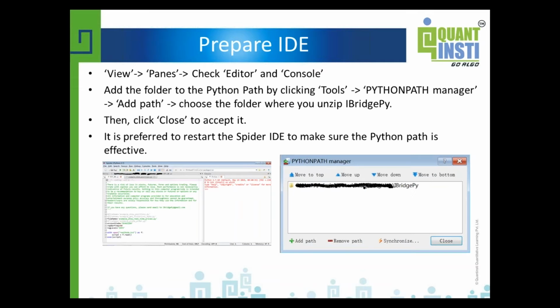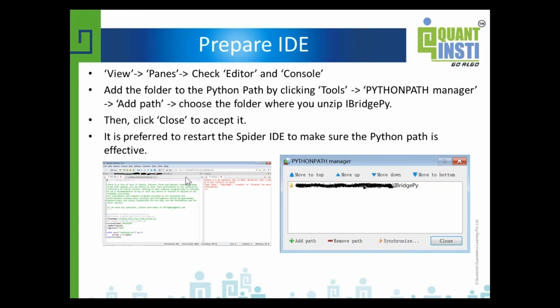Next is to prepare the IDE. The only thing you need to set up is a Python path. The goal of the Python path is to tell your Python interpreter where your libraries are, so that when you import them, the interpreter knows where to find them.